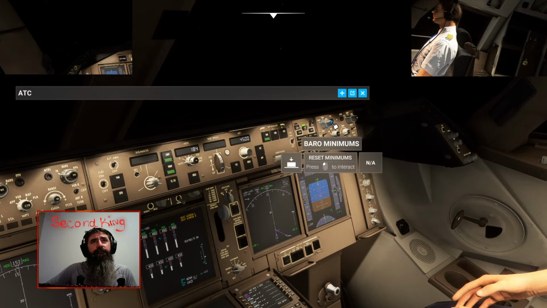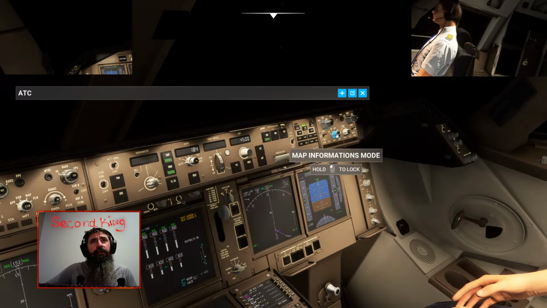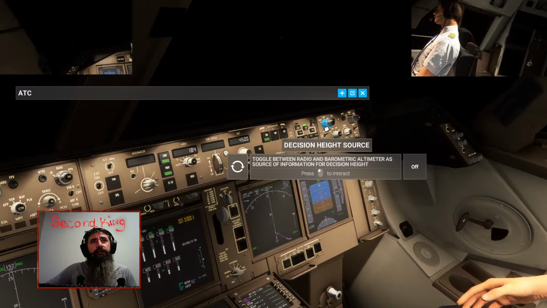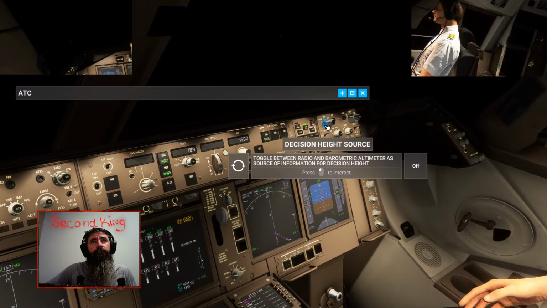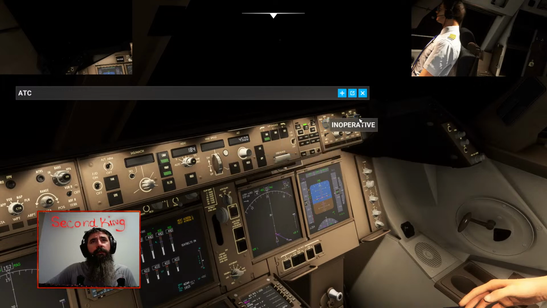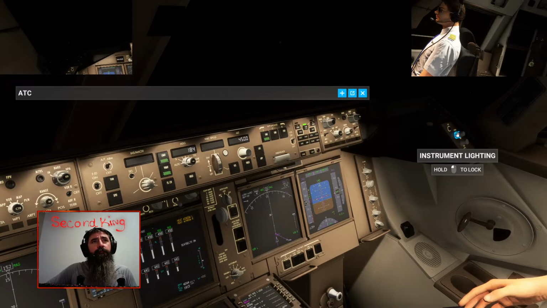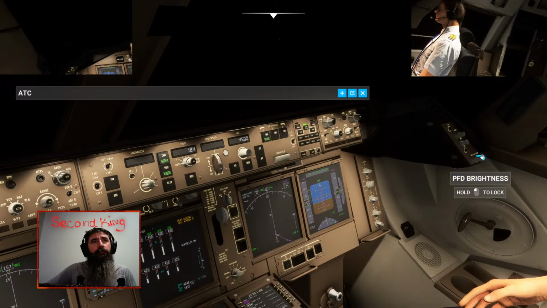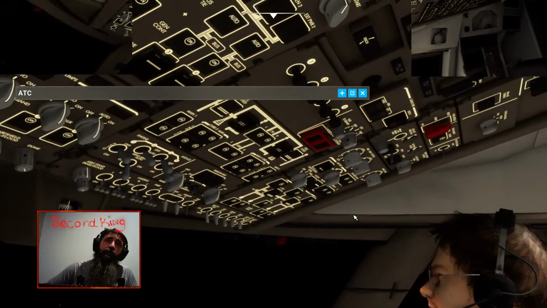Anything on this side? No decision heights. Overhead panel maybe?